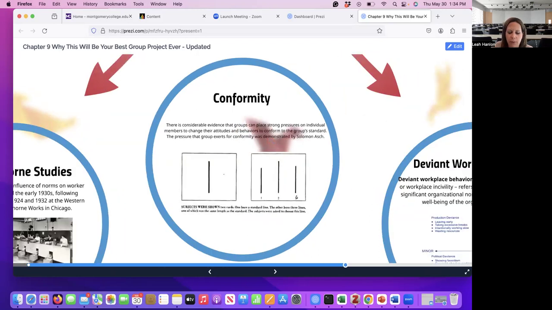An example of conformity is on page 43, the Solomon Asch study, where they're matching lines. Researchers said the wrong answer and the participants would agree sometimes to conform. It's more typical that they would if it's with their reference group. There's considerable evidence that groups can place strong pressure on individual members to change their attitudes and behaviors to conform to the group standard. The pressure that a group exerts for conformity was demonstrated by this